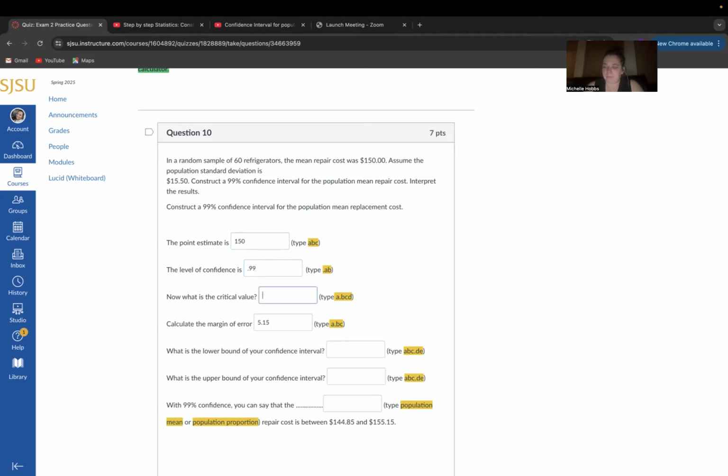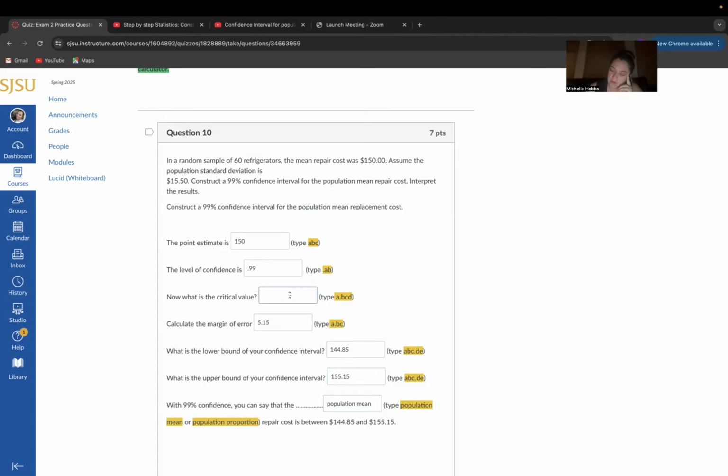And then the lower bound should be 144.85, and then 155.15. You can say that the population mean